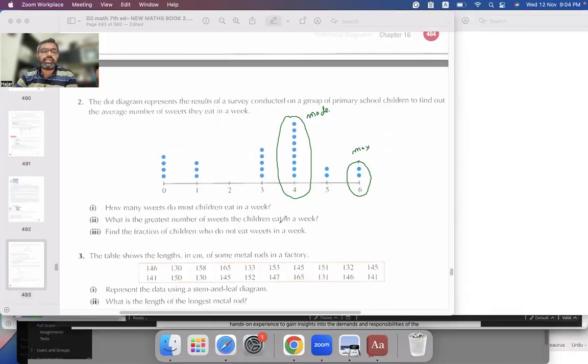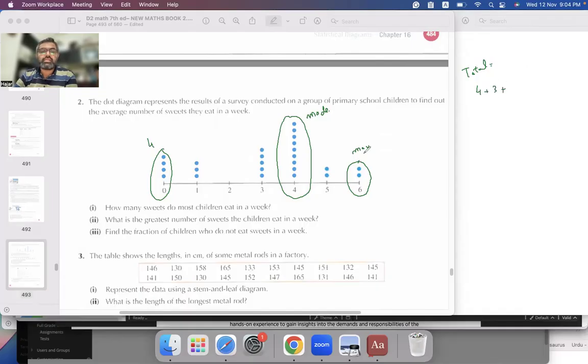Find the fraction of children who do not eat sweets in a week. So who do not eat sweets? It's the zeros. How many children do not eat sweets? 1, 2, 3, 4. So 4 out of the total. The total we are not given, so we have to count how many students there are. Let's write 4 down here. So total students altogether are